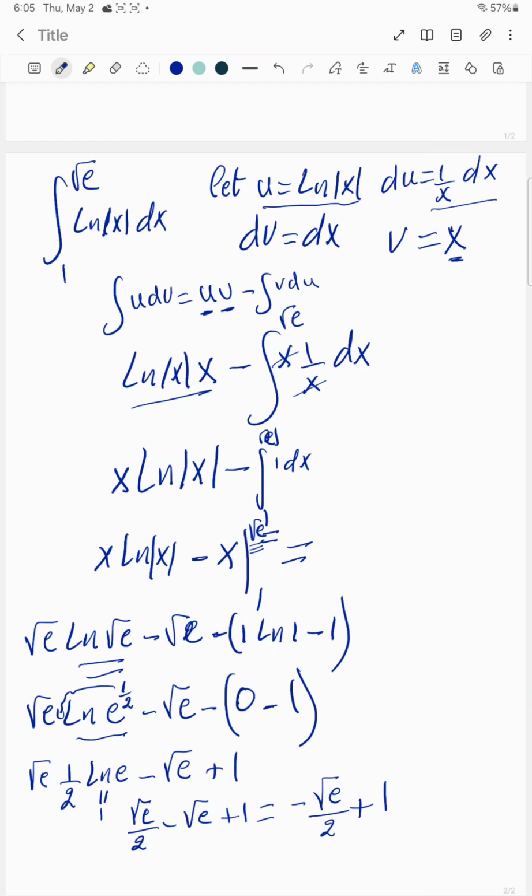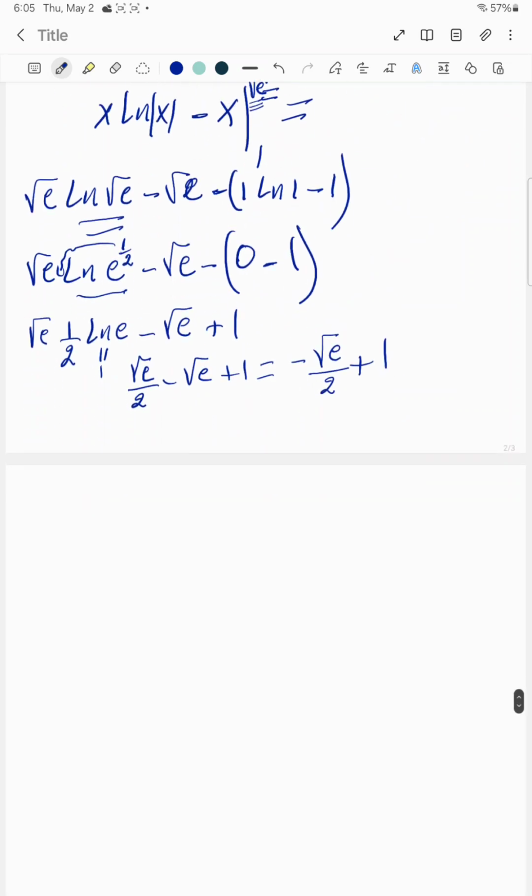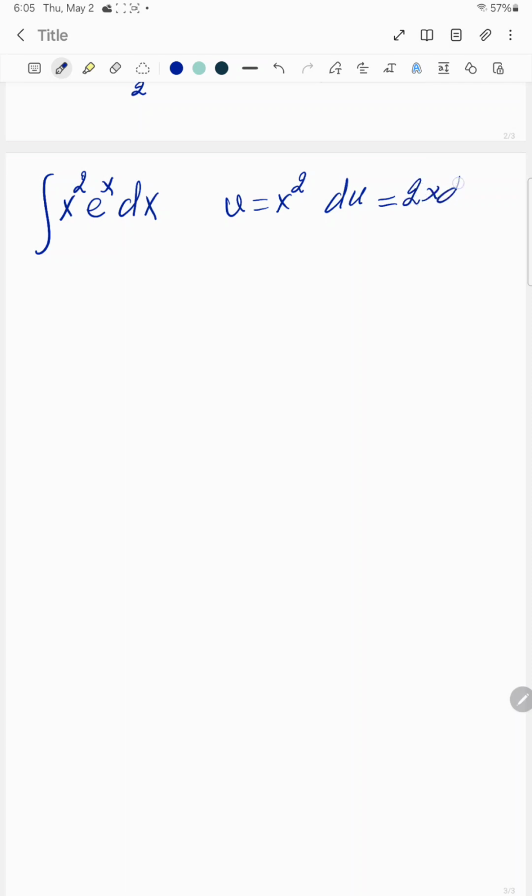Now let's do another exercise. The second exercise will be the integral of x squared e^x dx. And again, I don't have any relationship between x squared and e^x. I cannot go from x squared to e^x or from e^x to x squared. So I will do integration by parts, and I will say let u equal x squared, then du is equal to 2x dx,